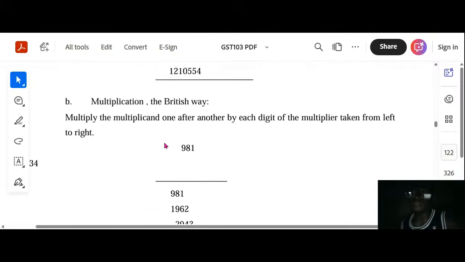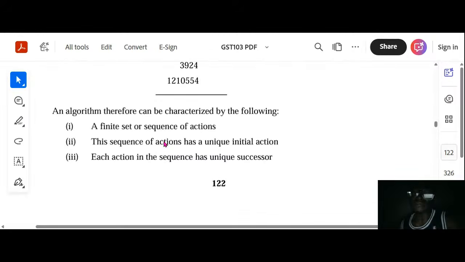The British take it from left to right. That is just the difference. American right to left, British left to right. Okay,